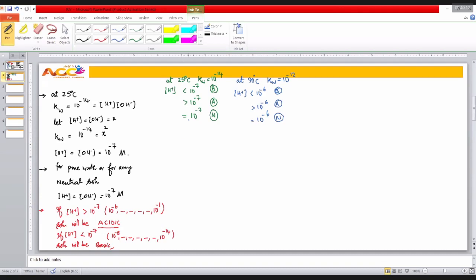Yes, sir, I got an idea of how to do quantitative comparison of acids and bases: 10 power minus 6, 10 power minus 4. Who is stronger? How many times stronger? 100 times or 10 times? Okay, I got it. But there is a problem. Suppose the H plus ion concentration is 10 power minus 1. What happens now? At 25 degrees centigrade,